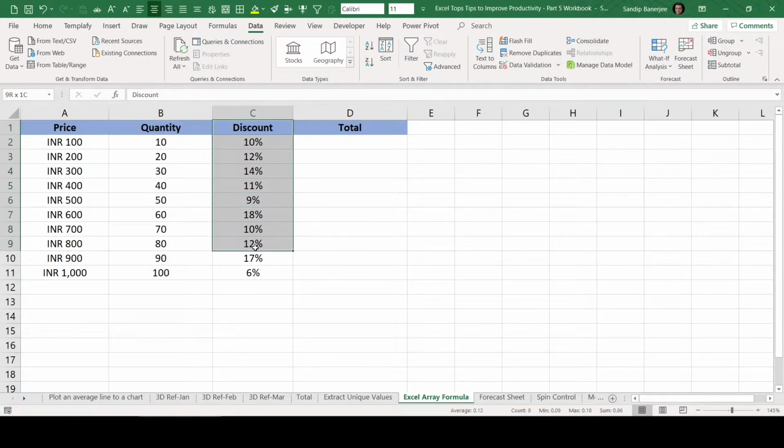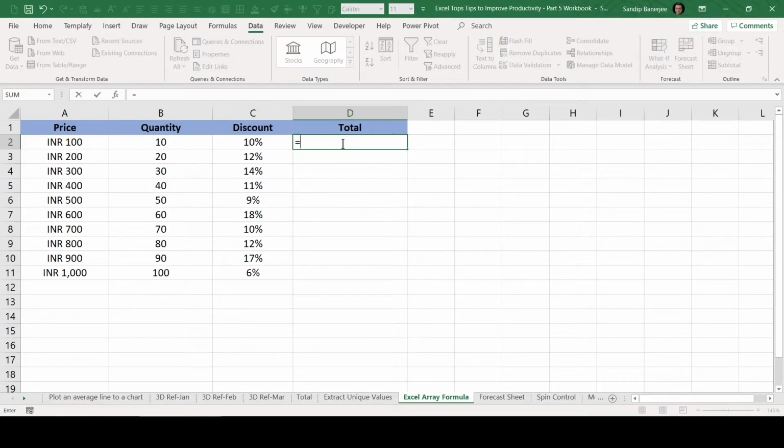Similarly, the discount range. Within Excel, we have an option to define our data as an array, and some specific features are there. So let's see how we can utilize it to save some time. Let me start writing that formula. If I go to this particular cell D2 and start writing this formula, equal, then first of all, I want to select this particular array of data A2 to A11, which I want to multiply with